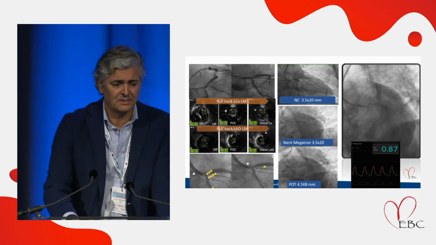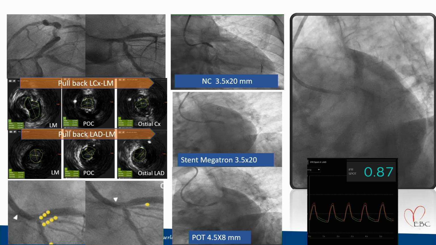And this final example is a 0.0.1 lesion by angio that we analyzed with IVUS from both branches. And the severe plaque of the ostial circumflex extended to the left main and to the ostium of the LAD. Good luminal area at the LAD, 5.2 square millimeters. And in the left main, we had a gray zone in terms of area between 4 and 6 square millimeters. We also did the